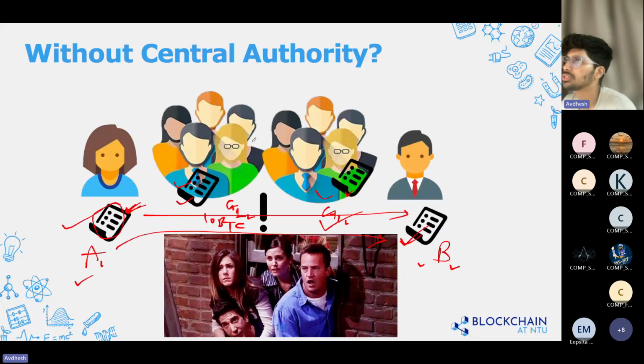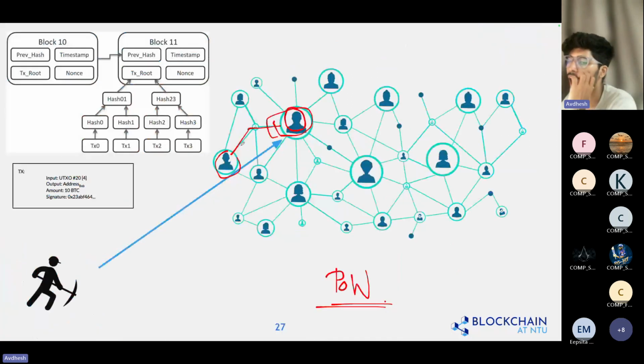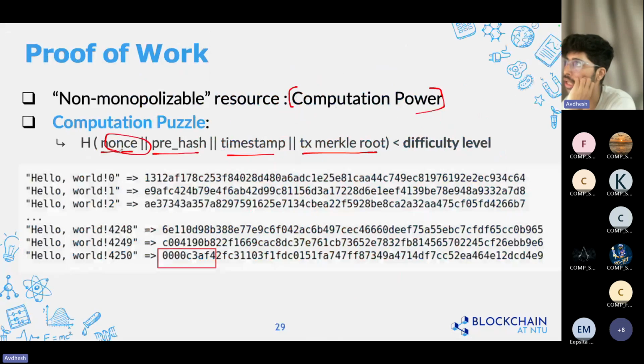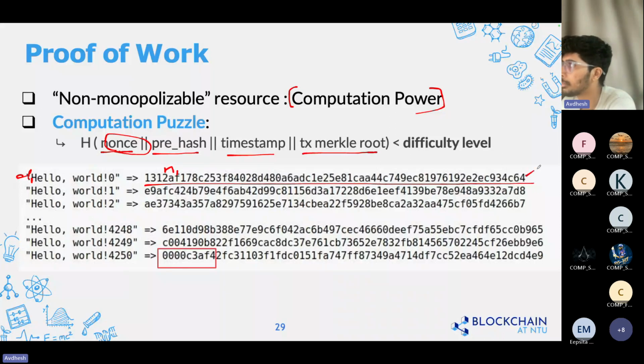So what miners do is, they have this nonce on every block, and this nonce is a private number that they don't know. No one knows this nonce. So let's suppose this data d1 will have a nonce n1, and so on. This nonce is not known to miners, but what they do in this computational puzzle, in layman terms, is they try